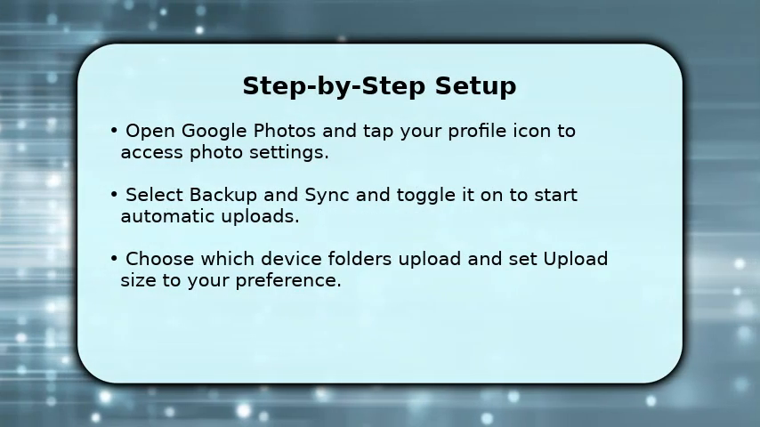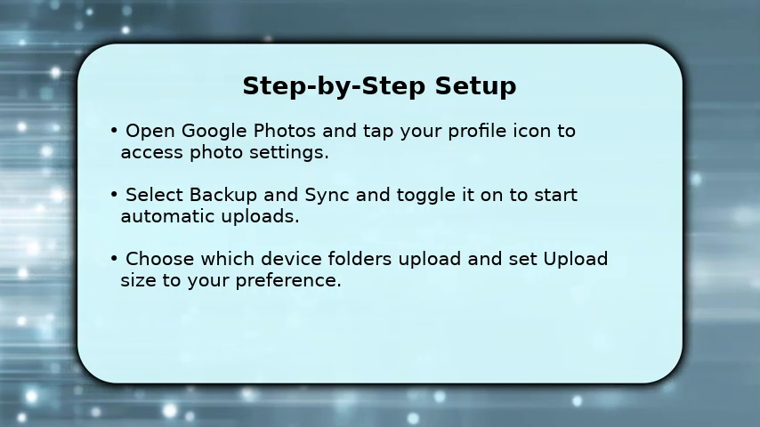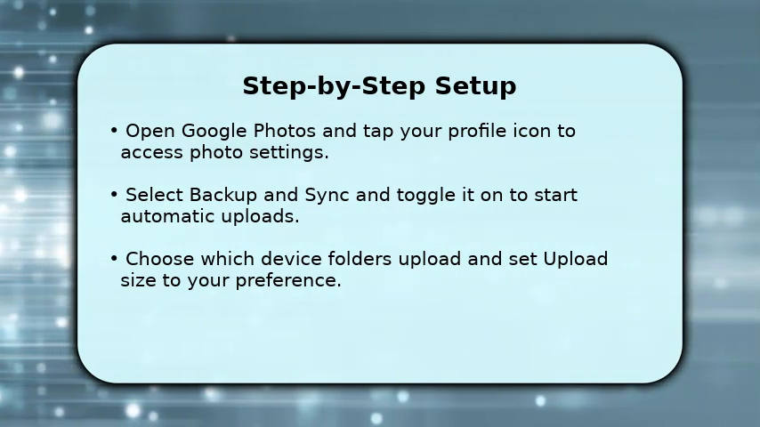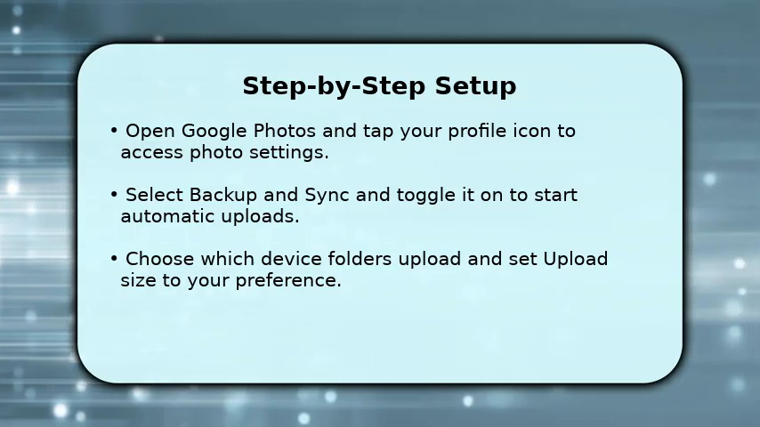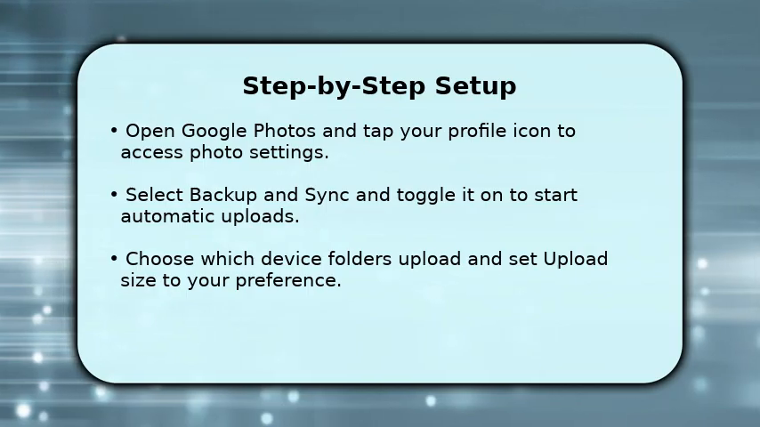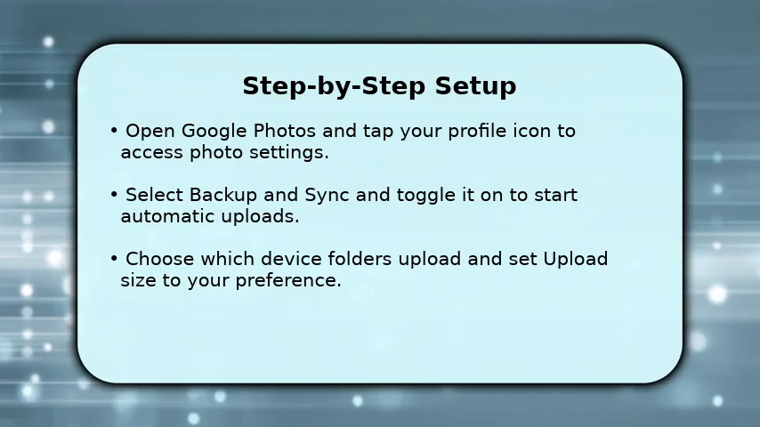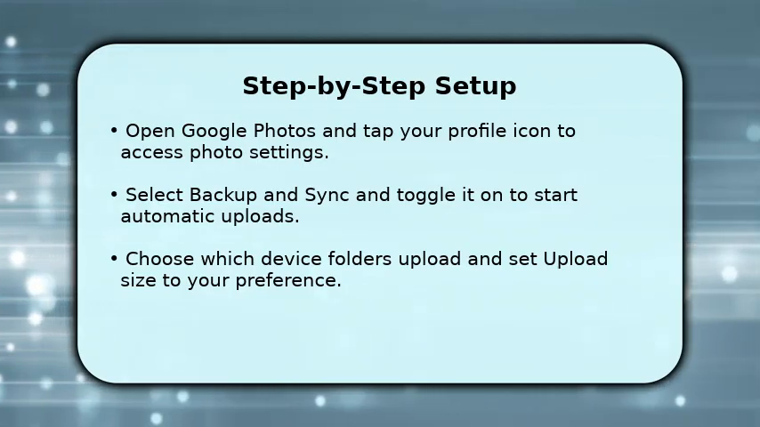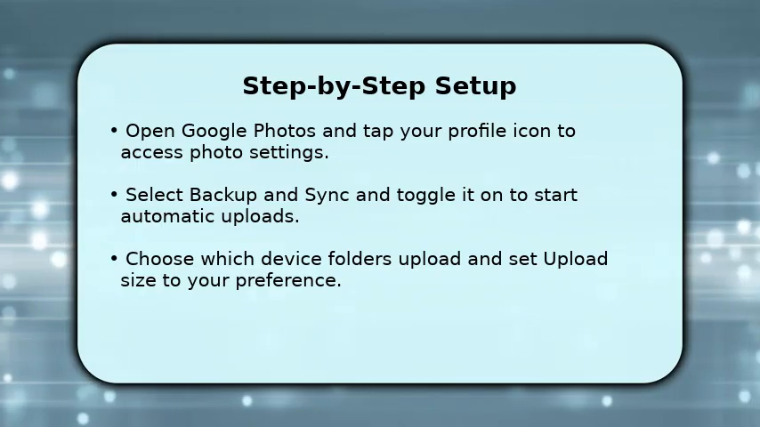Start by opening Google Photos and tapping your profile icon to reach settings. Tap Backup and Sync and switch it on to begin automatic uploads of new photos. Review the upload size option to pick original or storage saver, and enable backup device folders to include screenshots or downloads. If privacy matters, check which account is selected, and use Pause or Remove Account if you need to stop